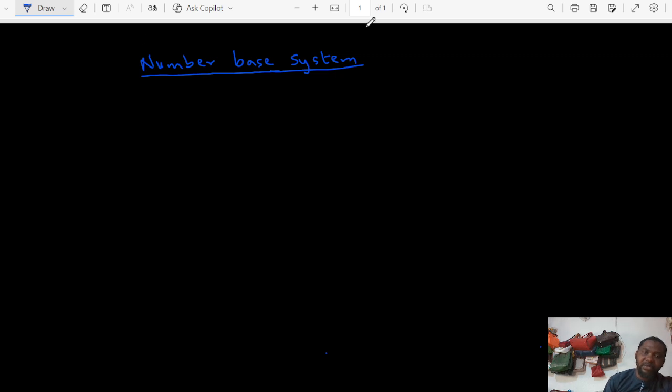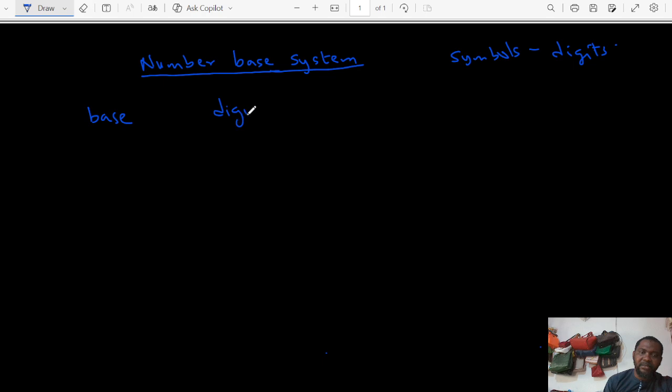Using symbols. We use symbols, but amazingly these symbols are also numbers. These symbols are called digits. Each base has its digits. For example, base 2 has only two digits, which are 0 and 1. Now that is important. So if I'm writing a number in base 2, it means that I will always only have 0 and 1